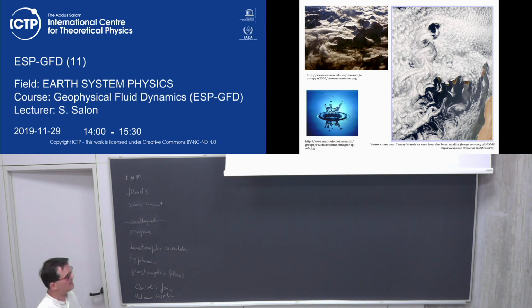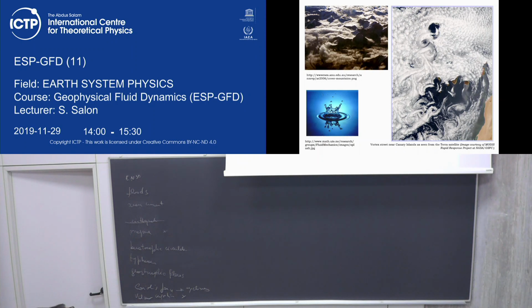Magma. Well, magma is not bad. I will put a cross here. Barotropic circulation. Okay, circulation, I like circulation with fluid. Typhoon, okay, it's fluid, geostrophic flows. Coriolis force is a force, but can be related to some kind of phenomena, for example cyclones. And volcano eruption, I will also put a cross here, because volcano eruption can be considered as fluid. Actually it's a two-phase fluid, because you have gas and solid, and sometimes also liquid.